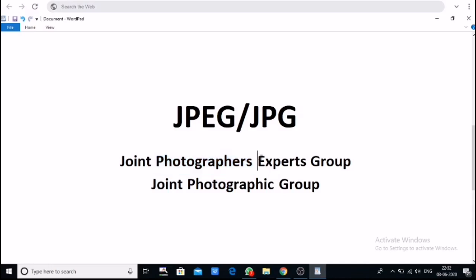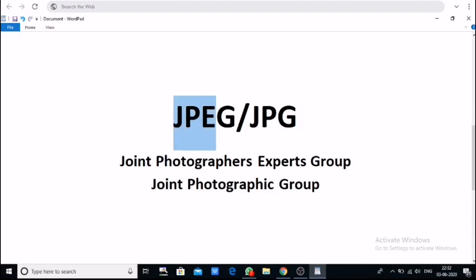Sometimes it is known as JPG only, joint photographic group. So whether you say Joint Photographic Experts Group or joint photographic group, this format is standardized by a group of photographers all over the world for web.